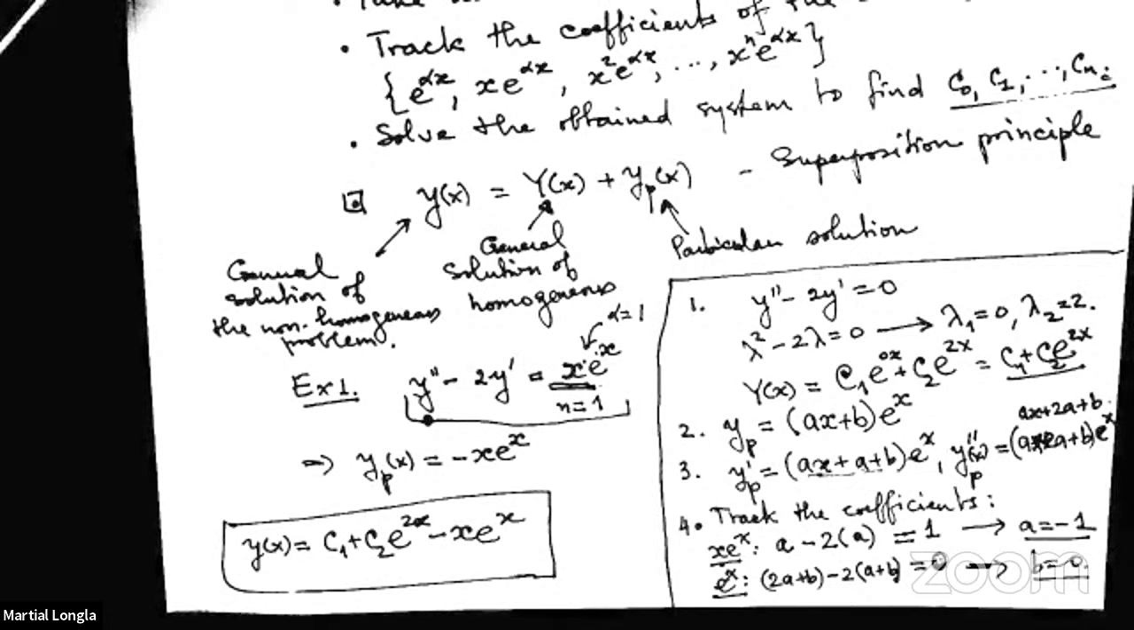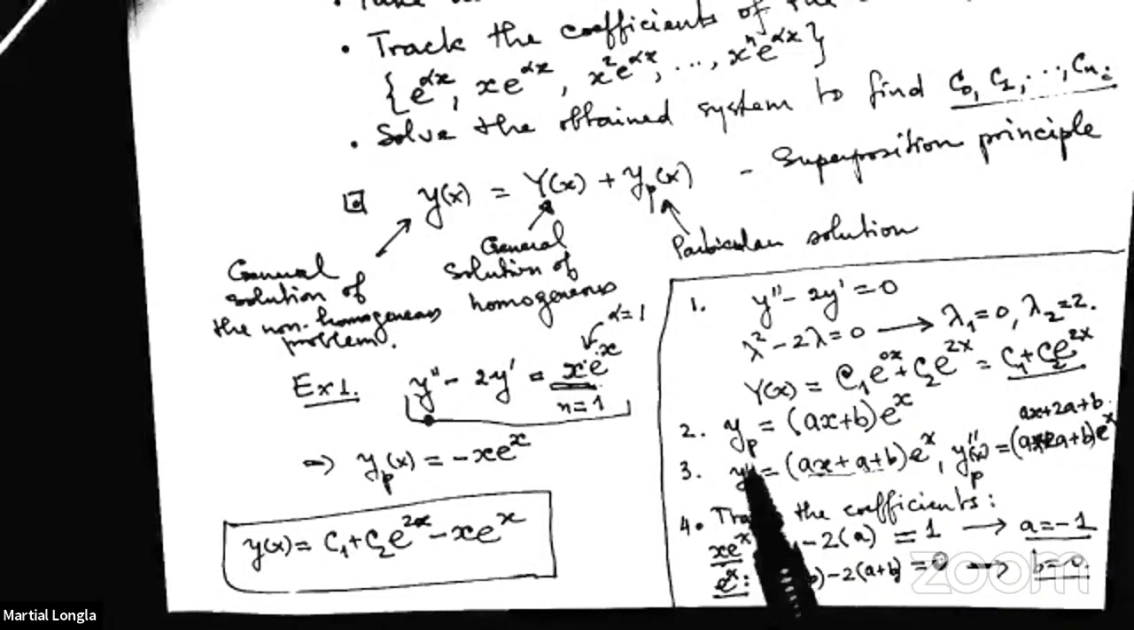Again, this is only the easiest case, when alpha is not the root of the Euler equation. Could you explain the tracking of the coefficients again? After taking the derivatives,